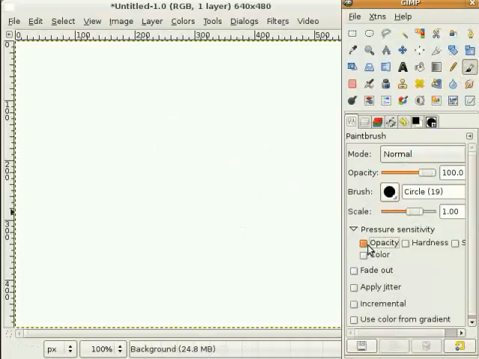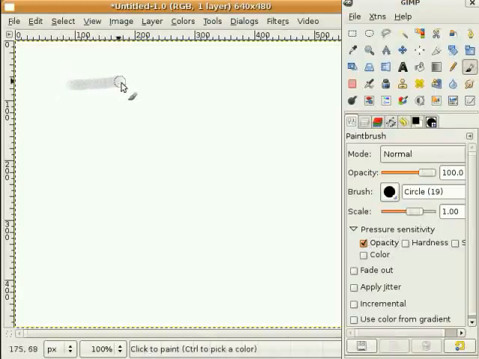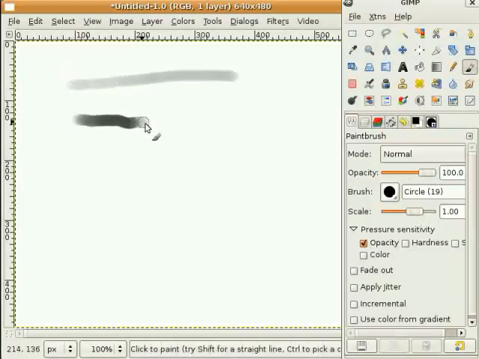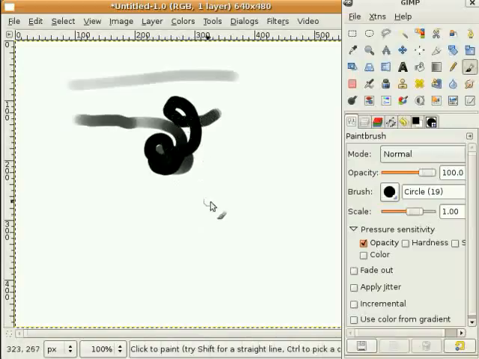Now I can just draw slightly without a lot of pressure, and you see I have a line with gray, and now I increase the pressure and release the pressure, increase it again, and so I can do some drawings. And you see why I'm not a graphic artist, but